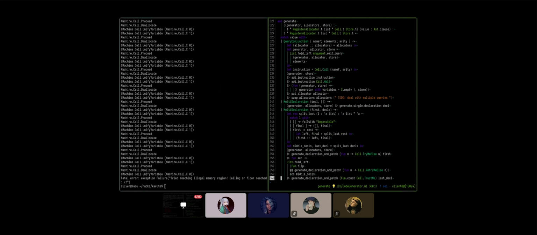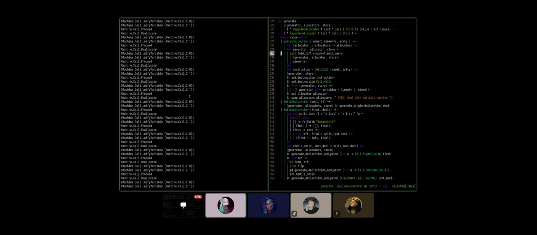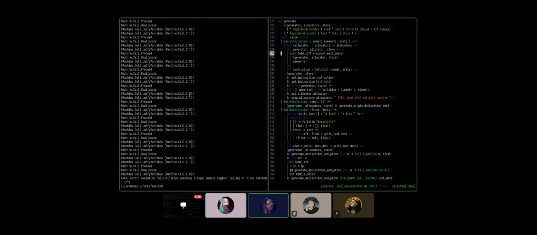What are we missing actually? What's kind of funny to me is that we introduced this by the multi-declaration thing. So I think it must be something about the new stuff. No, no, no, no, no. It's not. It's because the old stuff is broken, but it was working by accident because of the safety halt instruction that we are introducing at the end.